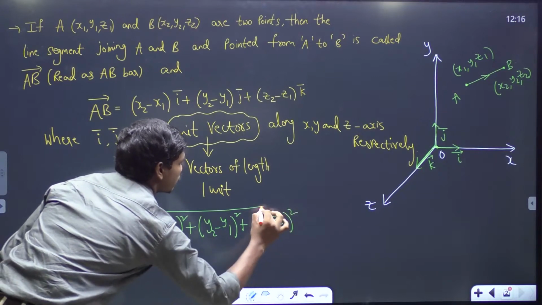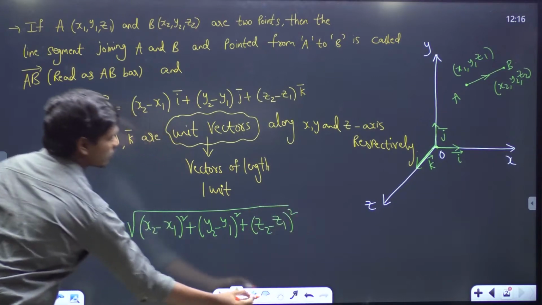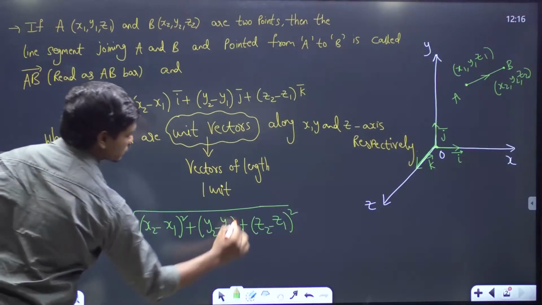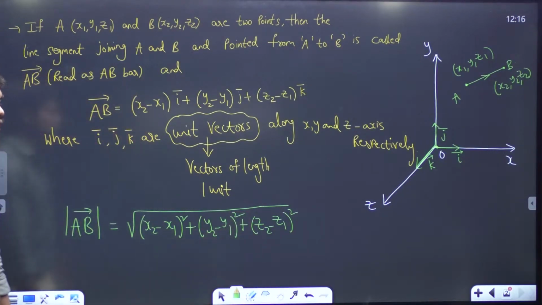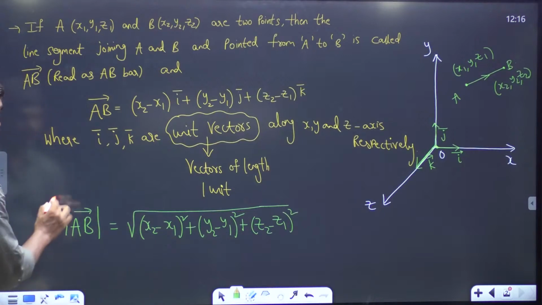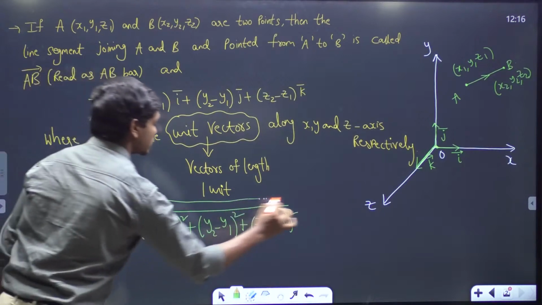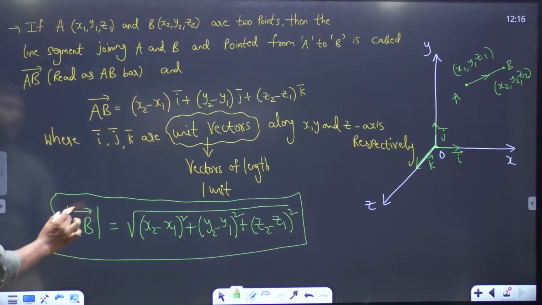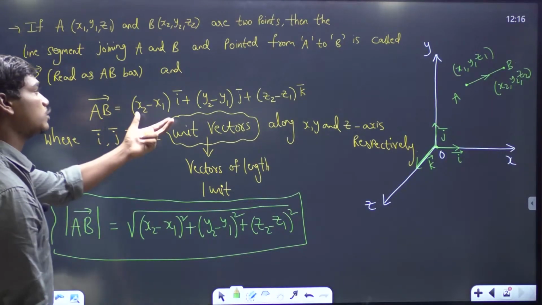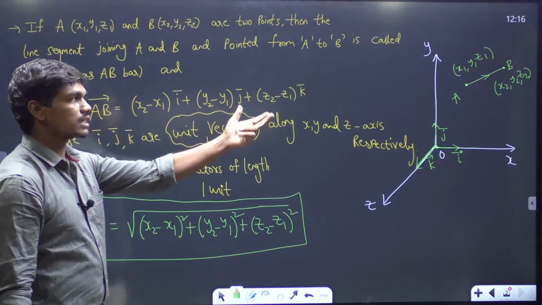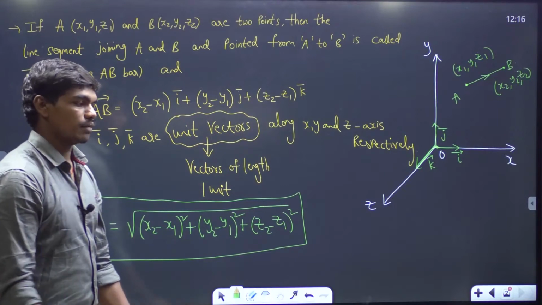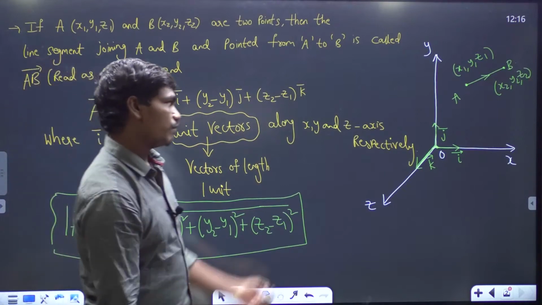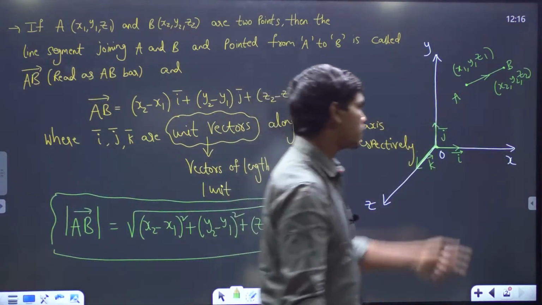I told you this formula while solving a question in the concept of maxima and minima in double variables. So this is the length, and this direction is given by the vector AB equal to (x2 minus x1) i bar plus (y2 minus y1) j bar plus (z2 minus z1) k bar. Now, if one of these points is the origin, for example, if A is the origin,